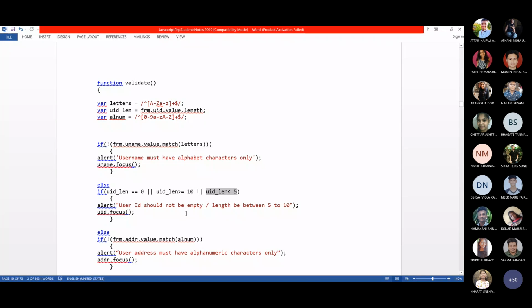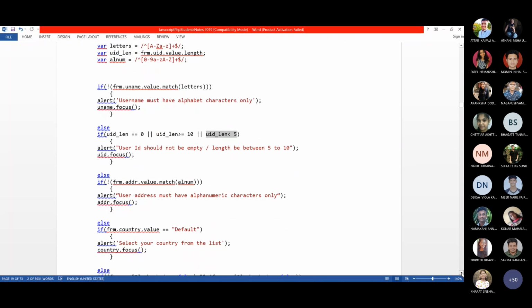After the user clicks the OK button, the cursor pointer should come to the UID text box. Then only they can easily type, no. So for that, UID dot focus. The cursor pointer automatically comes to UID. Okay, this is the second validation.